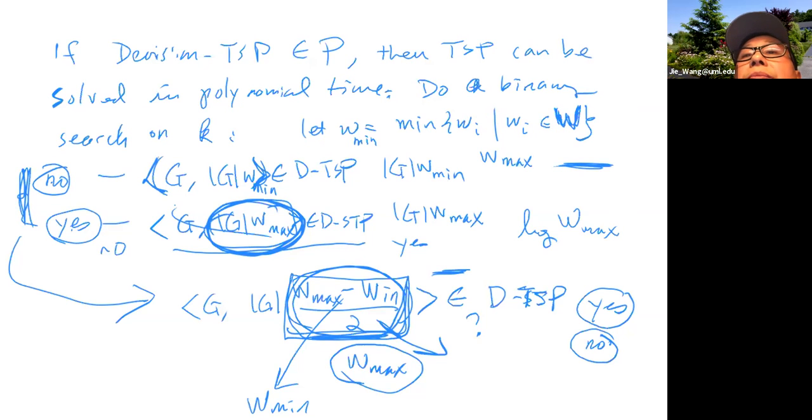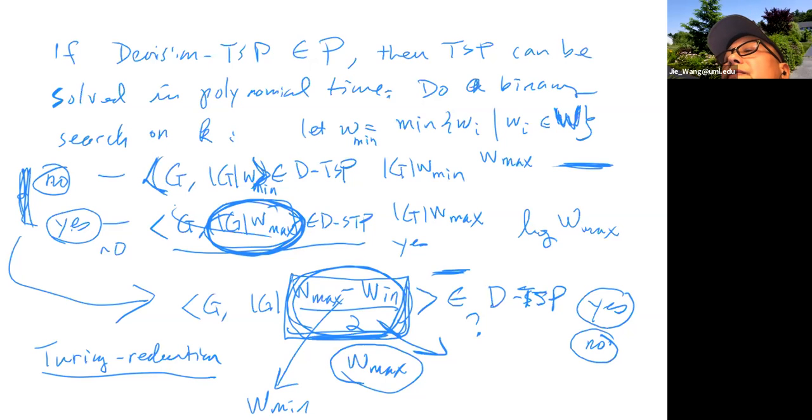Okay, so the process I just described here has a name to it. This is called Turing reduction. Right now I'm using the decision version of TSP as an oracle. So I'm just making queries to this oracle, right? So for a certain value of K, if you are polynomial time solvable, then you can return an answer to me in polynomial time. Hence, I can solve TSP. All right, so that's how we can convert an optimization problem into a decision version, into a decision problem. And then